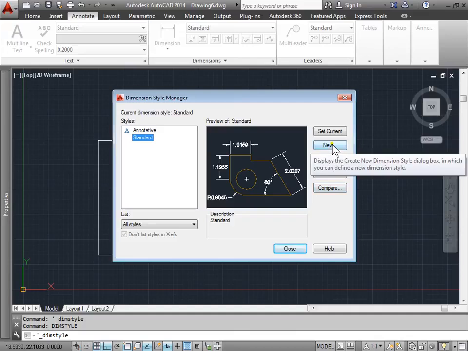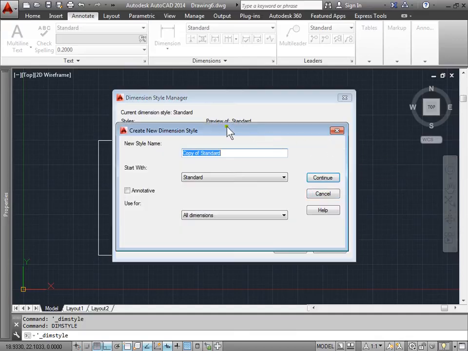Let's go ahead and create a new one. Once I do, we have a new style, and it asks us to start with. What this does is it picks another style and it gives us a basis to kind of start with. We can leave standard for now. We can change this to practice,